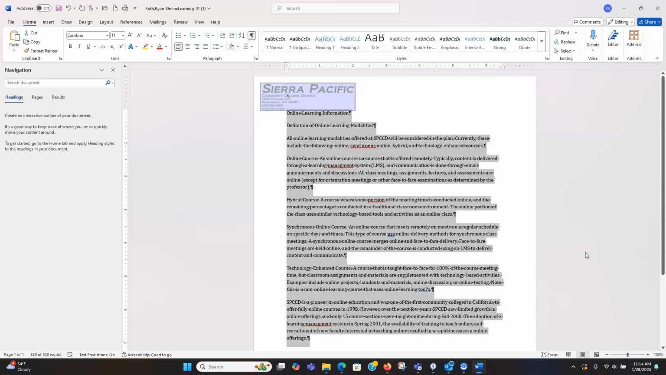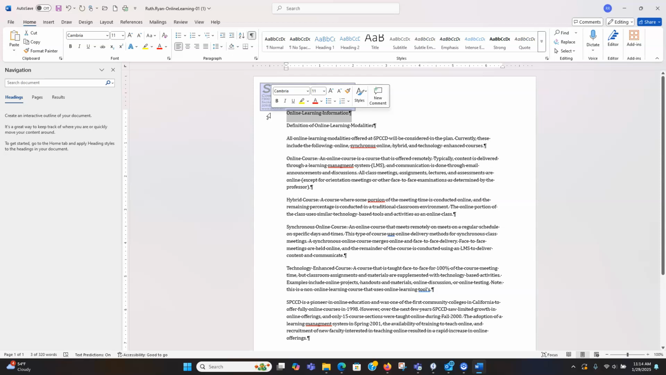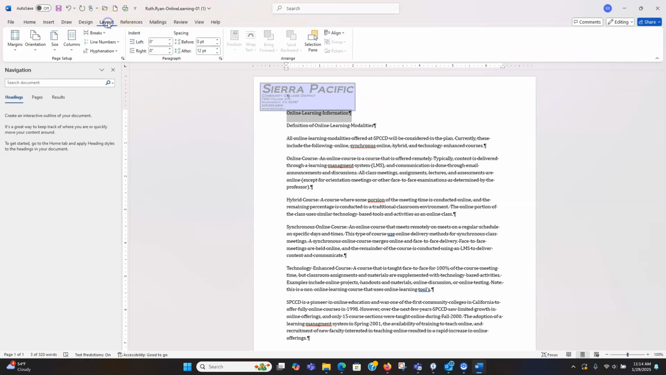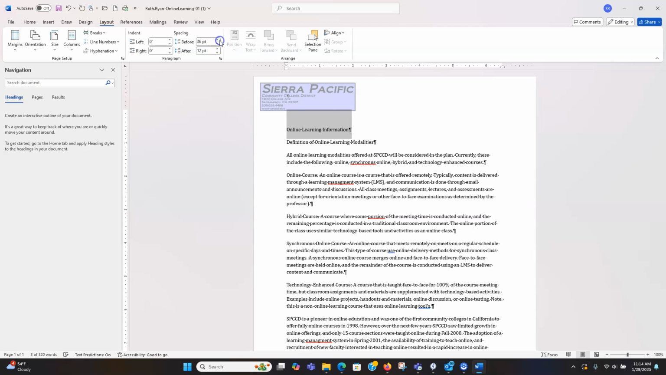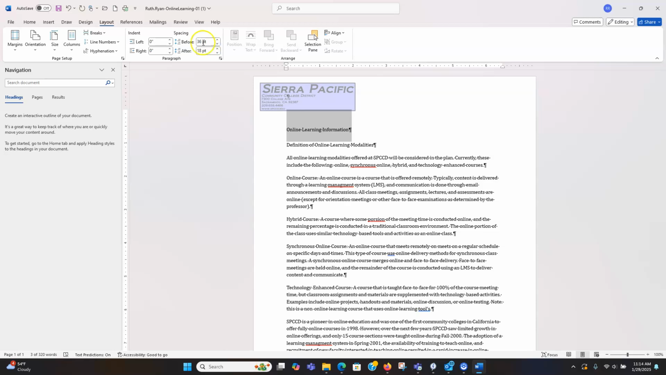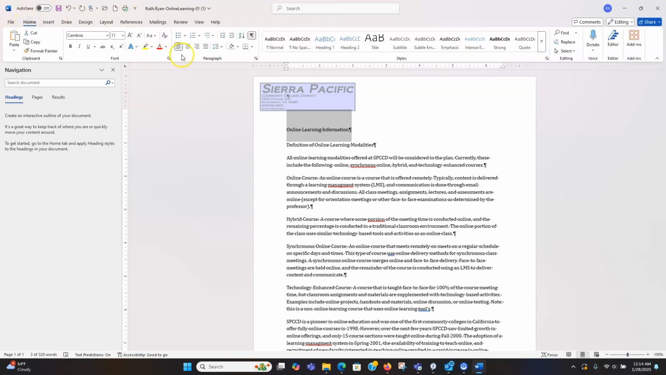Number 6. Okay, change the paragraph spacing. So we're going to select the title, which is this. We're going to go to Layout and do the before spacing at 36, the after spacing at 18. We are going home and center it,